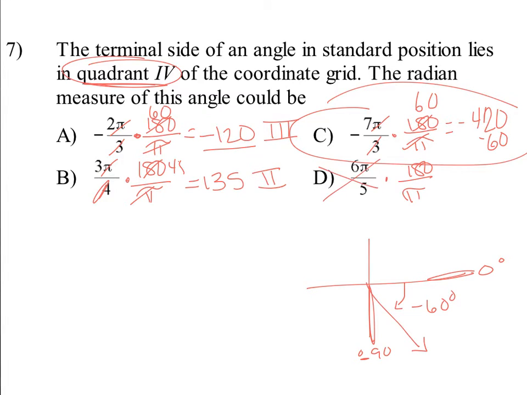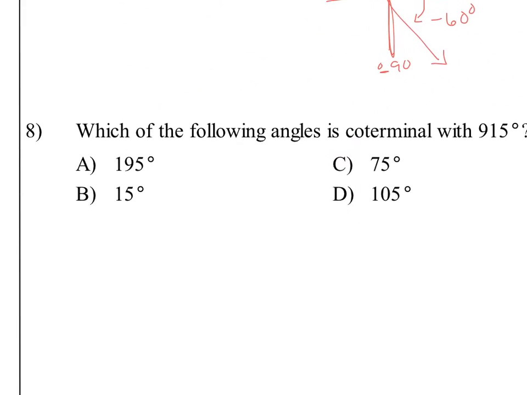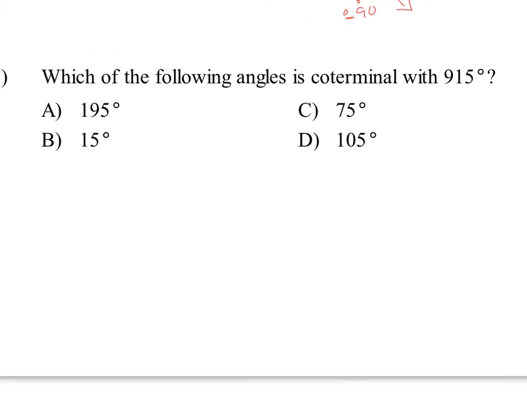Don't even have to figure out this one. All right, next. Number 8. What's the following coterminal? Remember 915, when you're talking coterminal, it means you go around in a full circle and it's still in the same spot. So that means you either add 360 or subtract 360